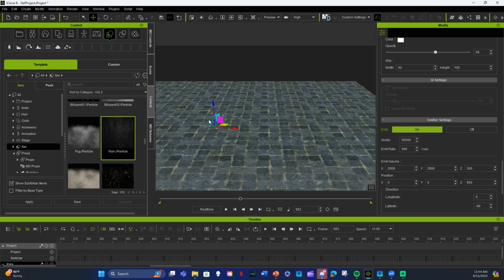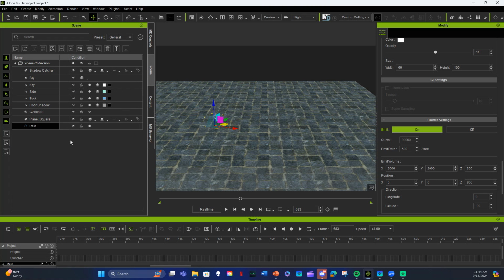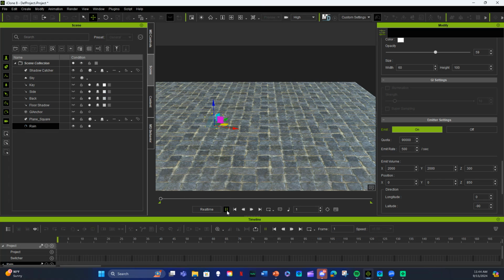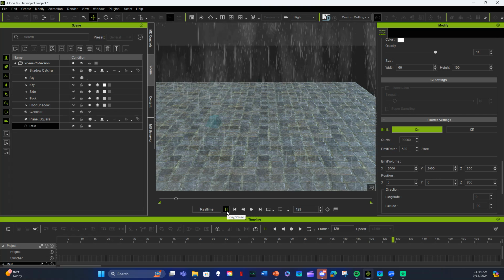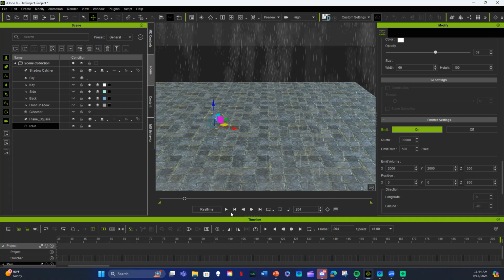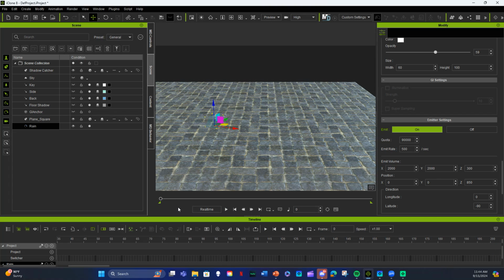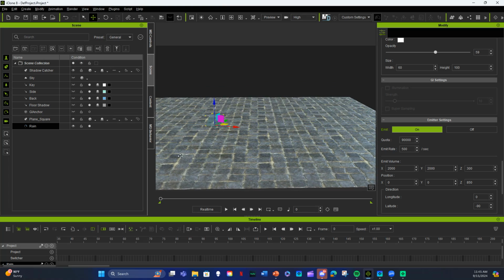Okay, now you can make this disappear by going to scenes, finding it, and closing the eye. That way you don't see the little blue thing sitting in there for the rain particles. Okay, so now go ahead and back that up. Go ahead and hit play. Bada bing. Okay, now to make it look like a real scene, hold down the Alt key, move our mouse around a little bit, and kind of adjust that floor plane